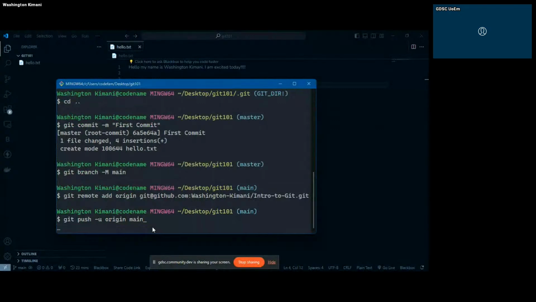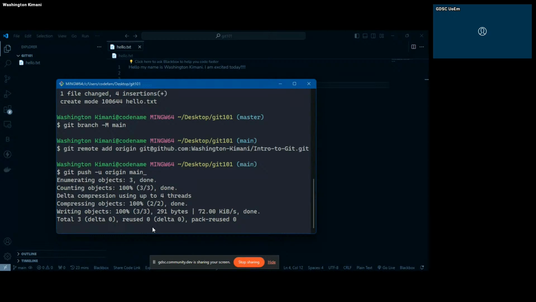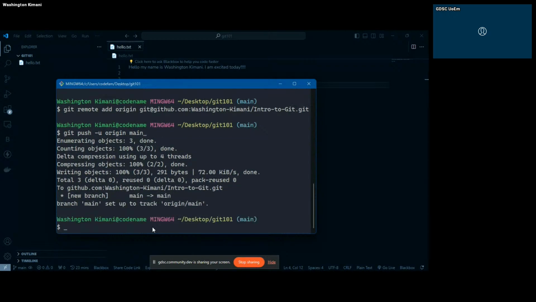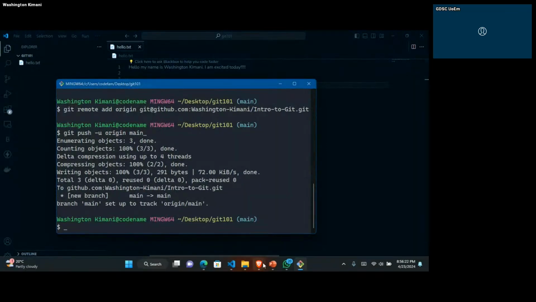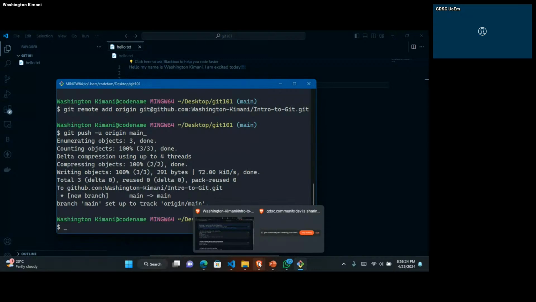So if we did that, it's taking its sweet time. So our local repository and our remote repository are in sync. And if you can remember, here we saw